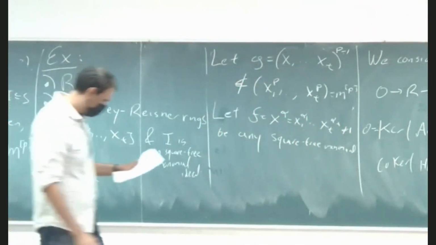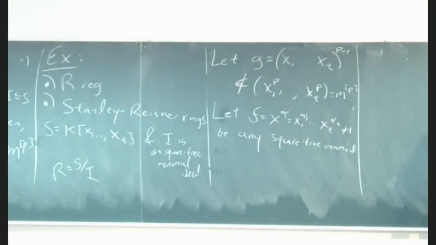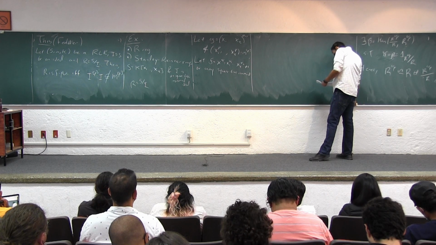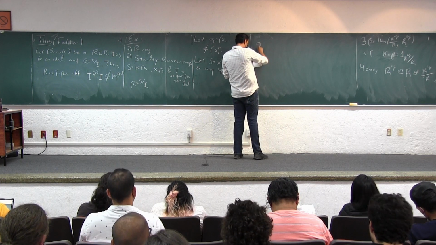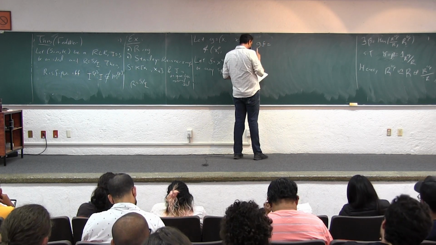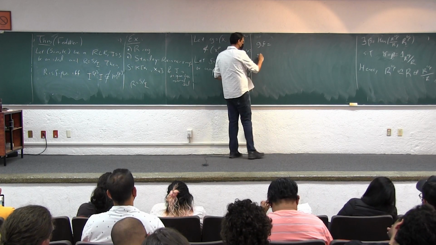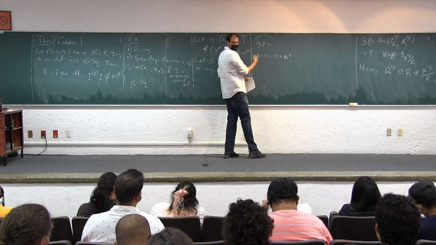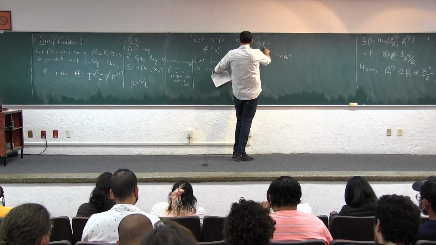And okay, so what is G times F equal to? First let me call this alpha to be the exponent vector, 1, 1, 1 here. So we take this product, what's going to happen is,